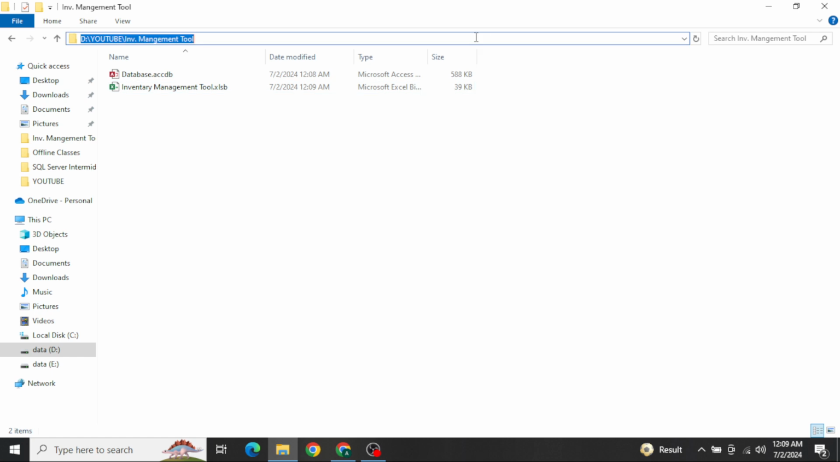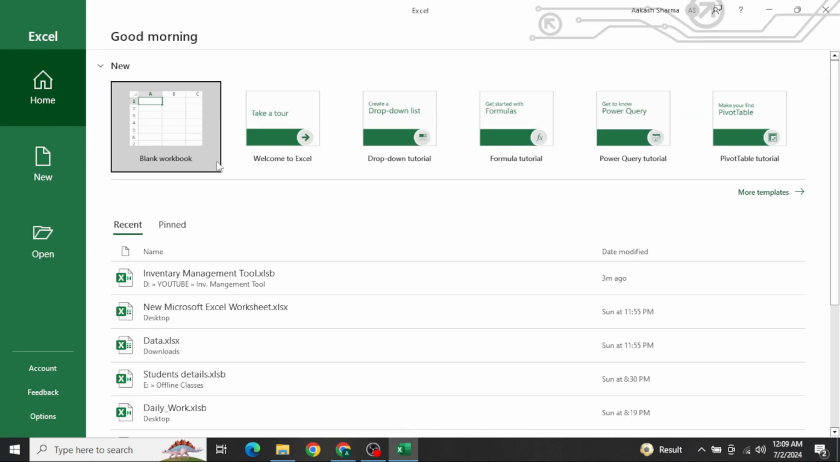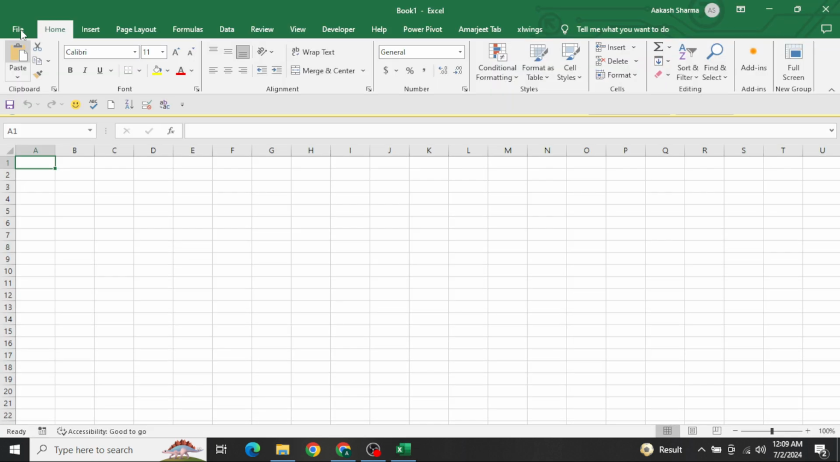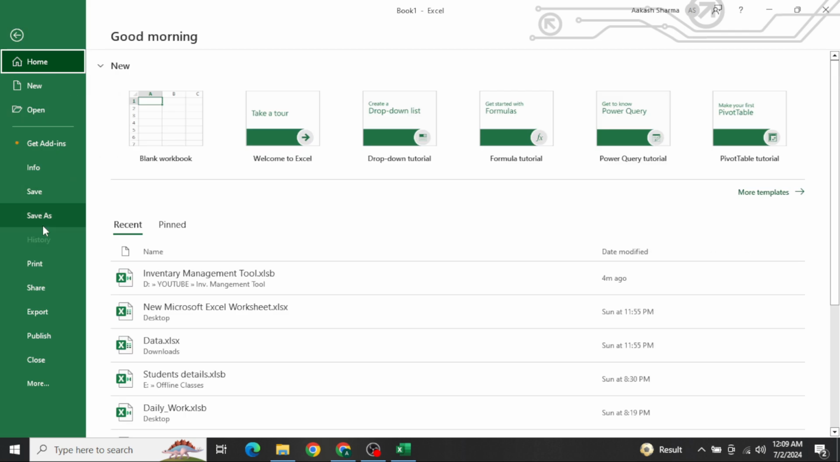It will be the better way. All right, so we will learn how we will be creating the interface. So Excel is coming, we just created this. Let's save it first, okay, let's save it. Save as,